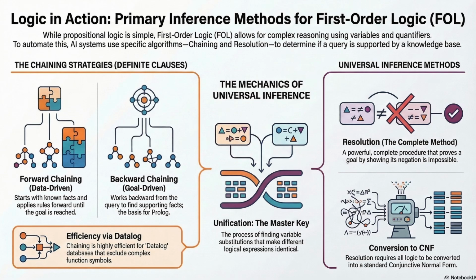Exactly. We use a rule called generalized modus ponens. You remember regular modus ponens? Yeah. If P implies Q and we have P, then we have Q. Right. If it is raining implies wet, and it is raining, then wet. Generalized modus ponens is the turbocharged version. It says we can apply the rule even if the facts don't match exactly string for string, as long as we can find a substitution that makes them match. And that substitution process, that's what the notes call unification. Unification is the secret sauce. It is the core engine of all modern automated reasoning.